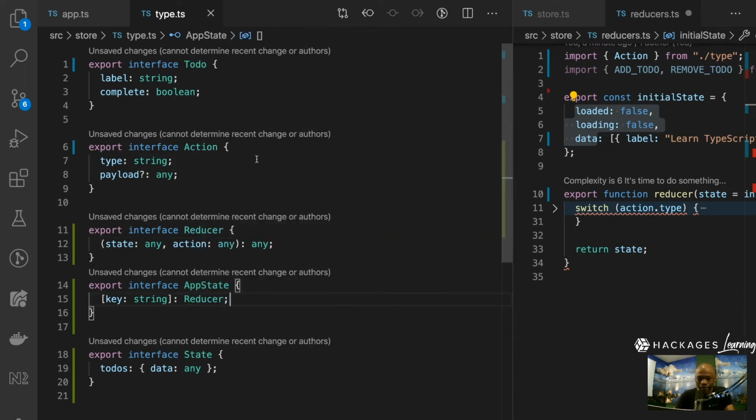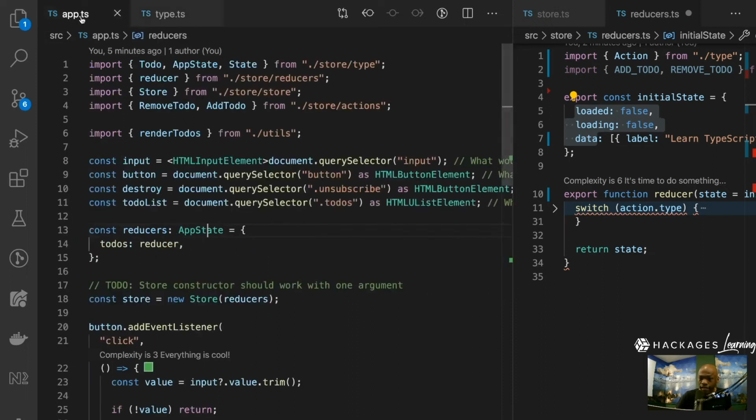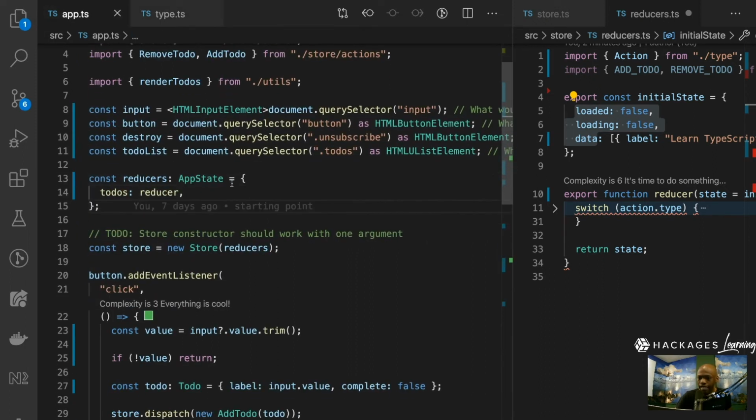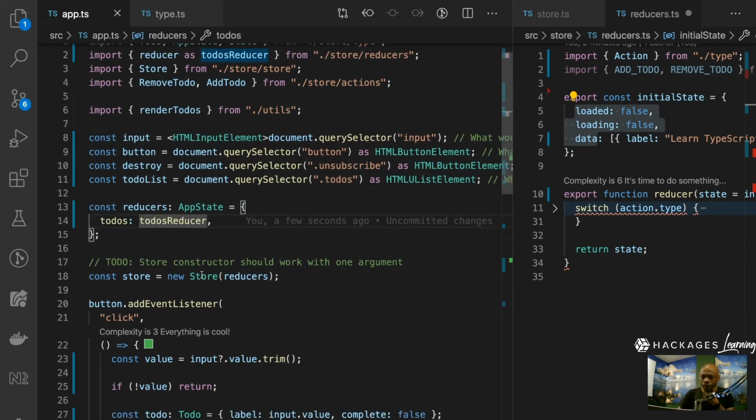So when I tap it like that, now we're going into refactoring mode, right? And we're gonna clean up as we go. So this is the app state, and then we see the app state is used here, and the app state takes, okay, this is gonna be the state, and this is gonna be the reducer of that state. Okay, so if you want to make it even easier to understand, you can say as to-dos reducer, right? So then it makes it even easier to grasp, because that's basically what it does. Okay, so then